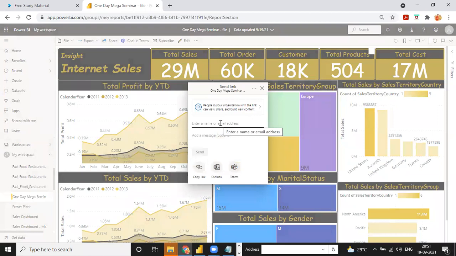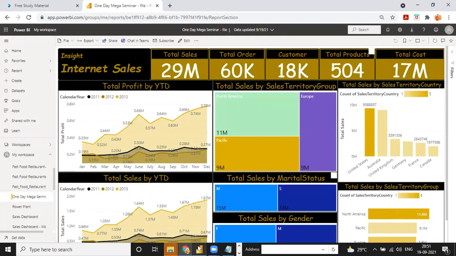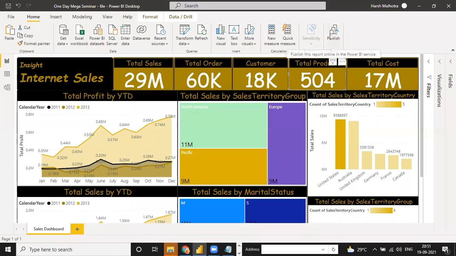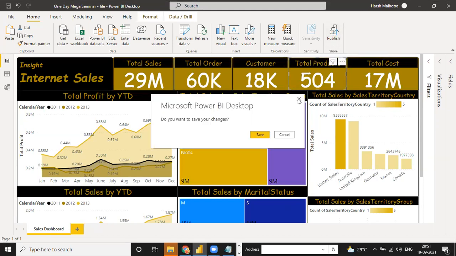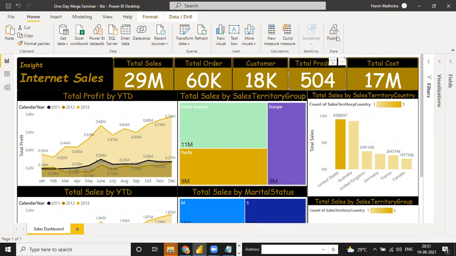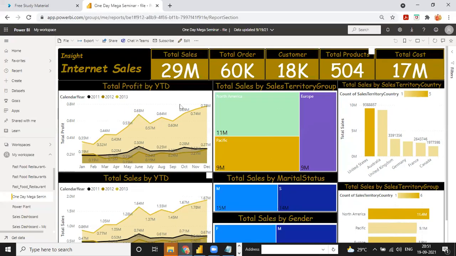I'm asking when we publish from Desktop to web: do we have to publish first, then share? Yes, we publish first and share after the publishing, and the sharing option is only in Power BI Service.